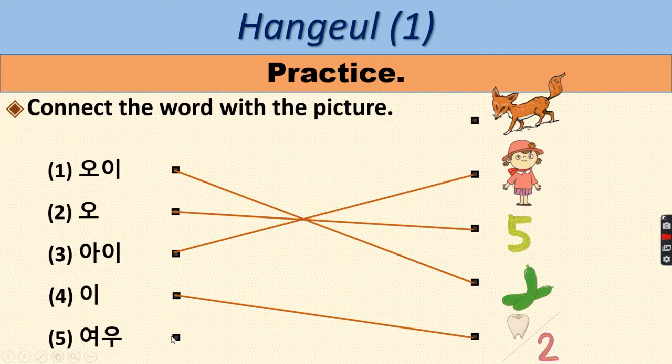And the last, number 5, yau should go with, of course, obviously with a fox. 잘했어요. Very good class. Alright, so now this is it for part 5. We'll proceed next time with part 6 of unit